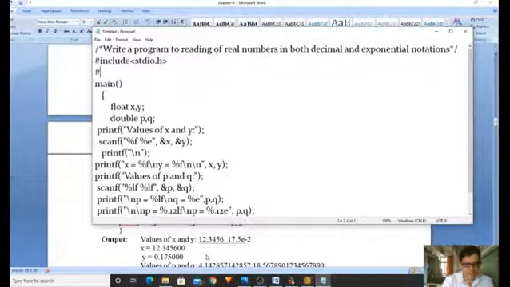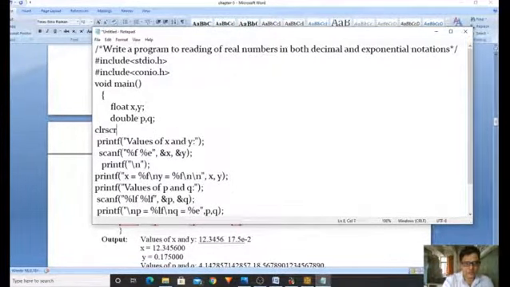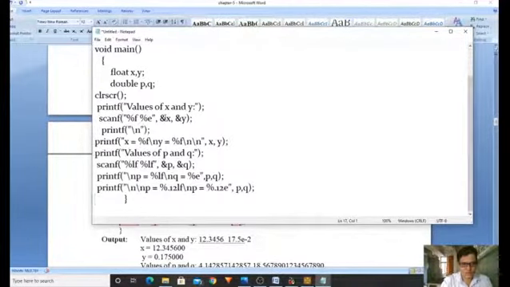What we have to add: hash include stdio.h, hash include conio.h, and void main, and clrscr to clear the screen. And here you are seeing %.12f, which means precision should appear, then getch.